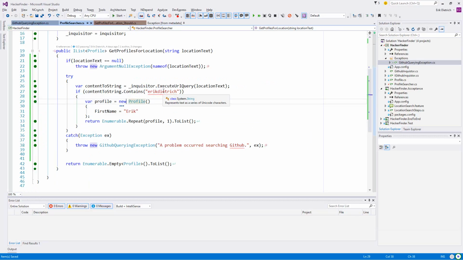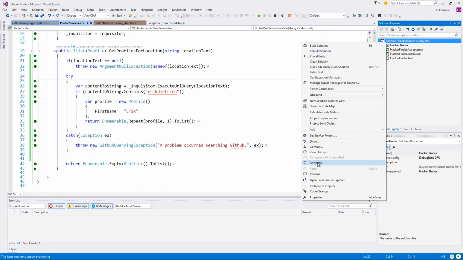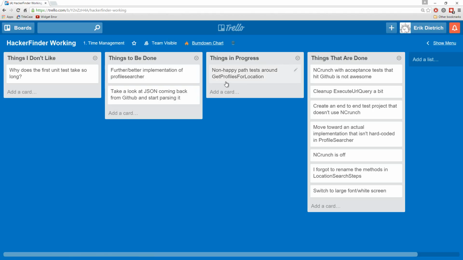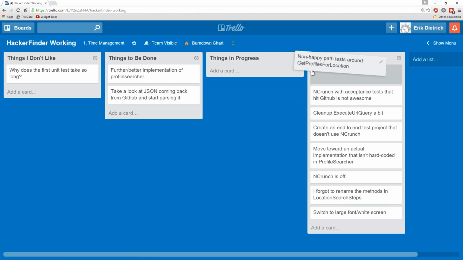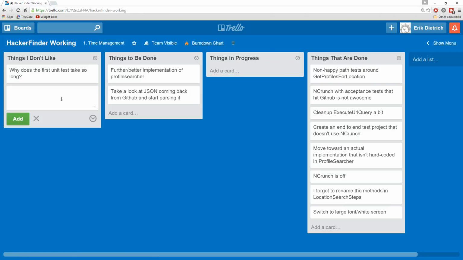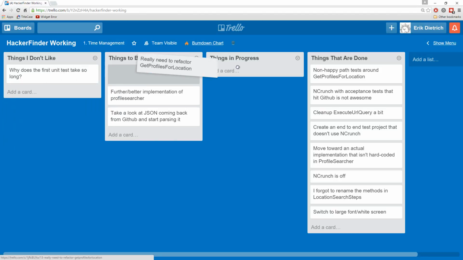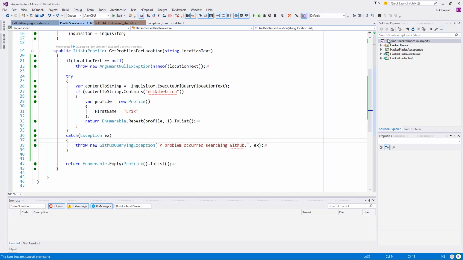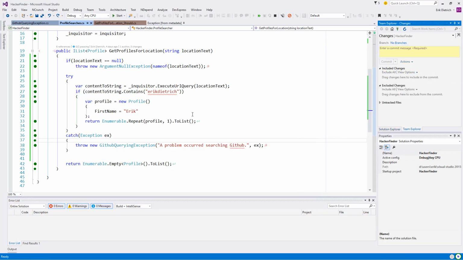Well, this is the 20-minute mark and everything's green. So what I'm going to do is check this in. Before I even do that, commit. We did get those tests around, so we really need to refactor get profiles for location. And I'm just going to add that to in progress because that's pretty brutal. But I will commit and then push up to GitHub.